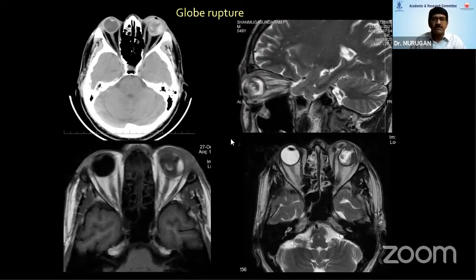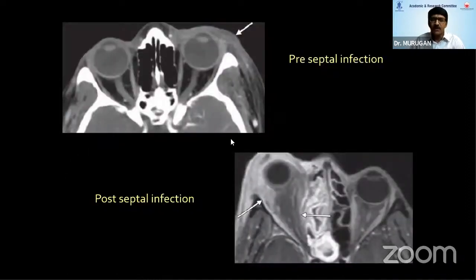When it comes to infection also, yes, CT can be a good starting point, especially as it can quickly segment whether it's preseptal or postseptal. But if you want more information, I would suggest an MRI, because when it's postseptal, we have to assess whether there is an abscess collection, especially small abscesses like this. Most of the time, it is paranasal sinusitis. And also, when it comes to the orbital apex and cavernous sinus, MRI is the modality of choice. Many times, CT cannot pick up the lesions in the orbital apex and cavernous sinus.